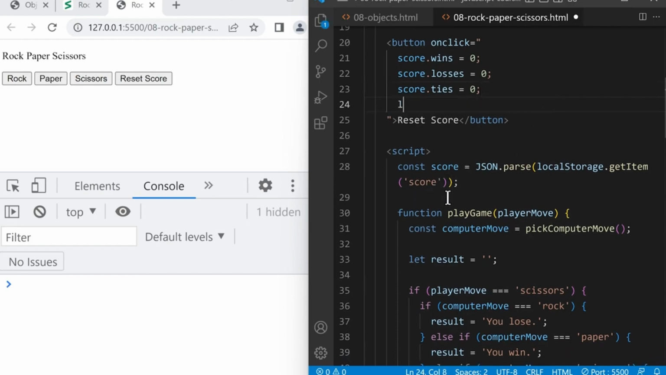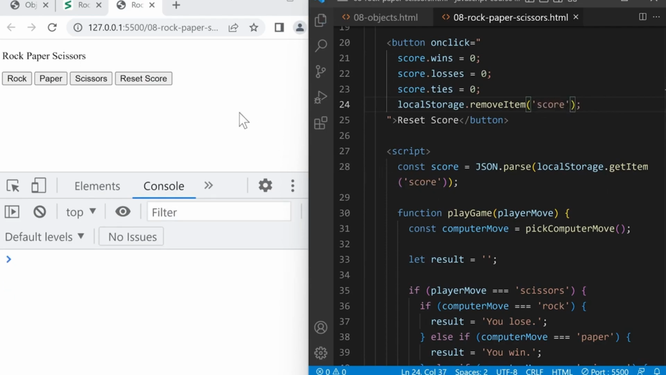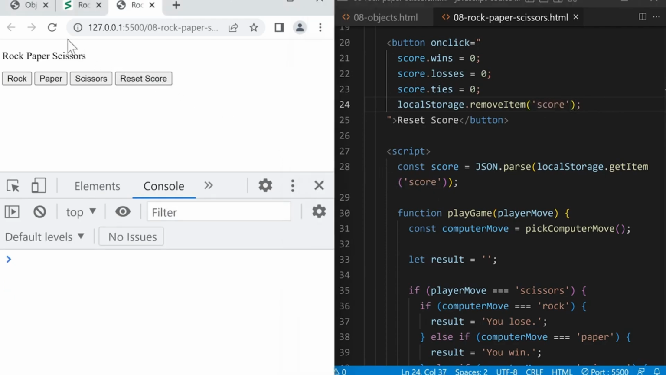So we'll type local storage and then a method called dot remove item and brackets. And between the brackets, we're going to tell local storage which value we want to remove. So we're going to remove the score. So we'll type the string score. If we save and we click the reset button, and then we refresh the page and try to play the game again,